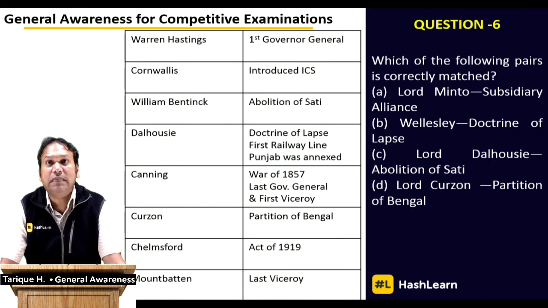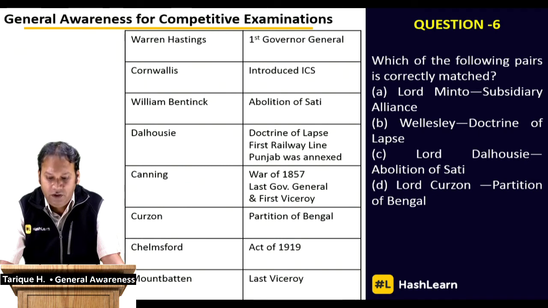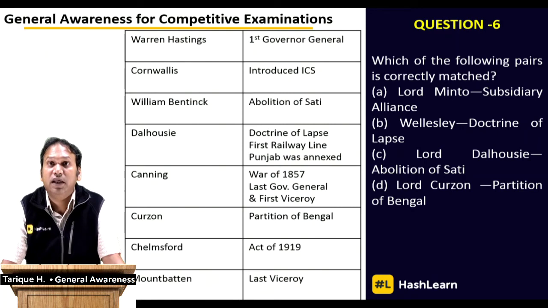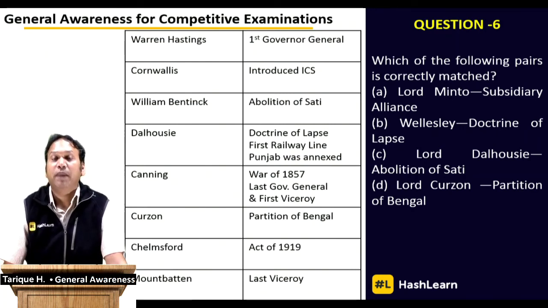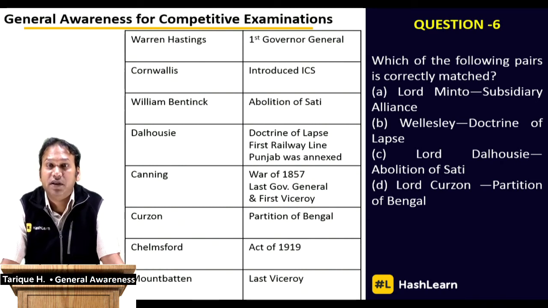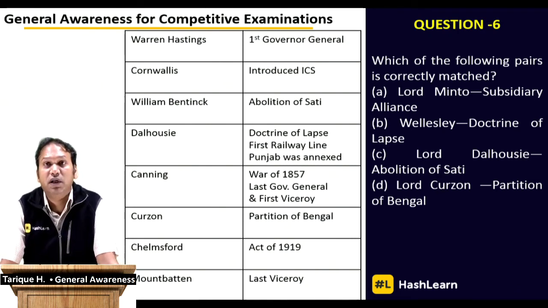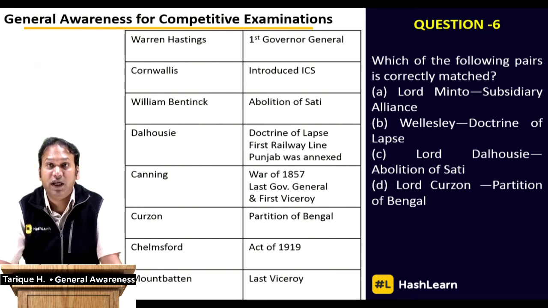And this is a prime example quoted by historians regarding the British policy of divide and rule. So that's why the partition of Bengal has a very significant place in the overall Indian national movement and during the colonial empire. It was one of the worst decisions taken by the British, which split the Indian people along religious lines. Before this partition, there was nothing like religious lines. Indians were not divided on religious lines, and after the partition, Indians were divided on religious lines. And then Mahatma Gandhi had to make a lot of effort to bring them together, united, to fight